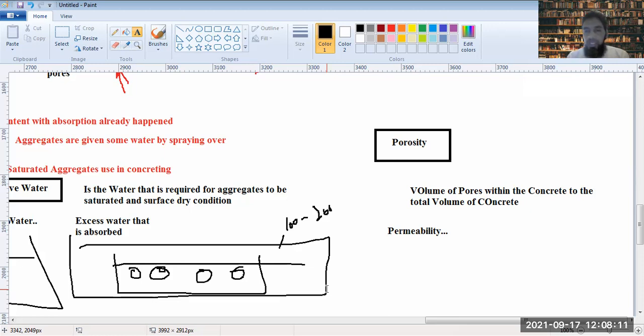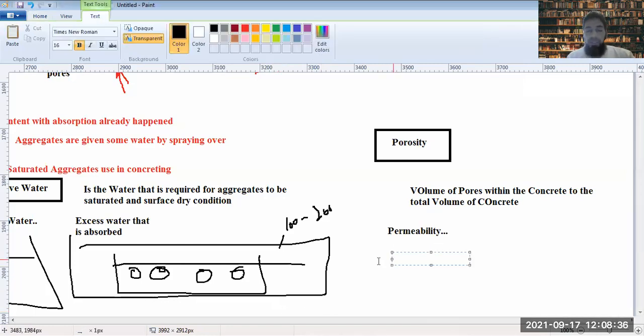Absorption will happen. The water will go into the pores, and then you remove it by keeping it in the oven for a long time, greater than 24 hours. And then you can note down the amount of the water that has gone into the pores, and knowing the density of the water, you can determine the volume of the pores within the concrete. So this is porosity,